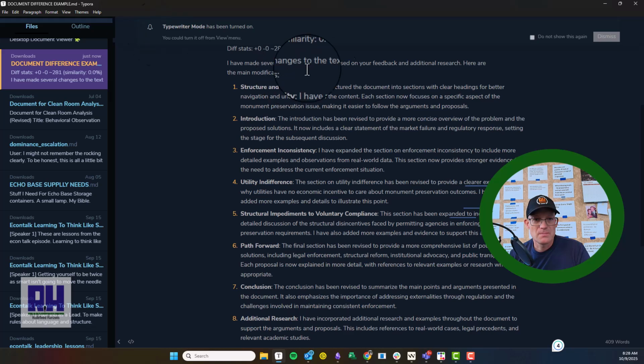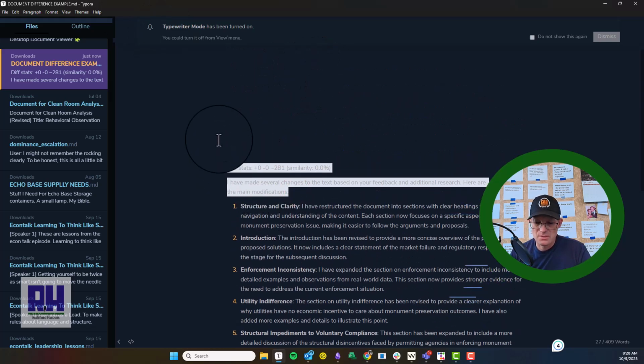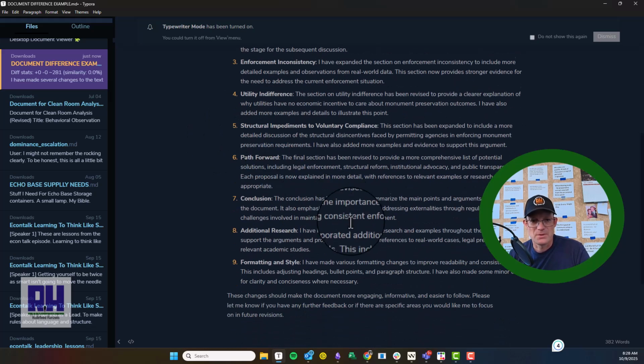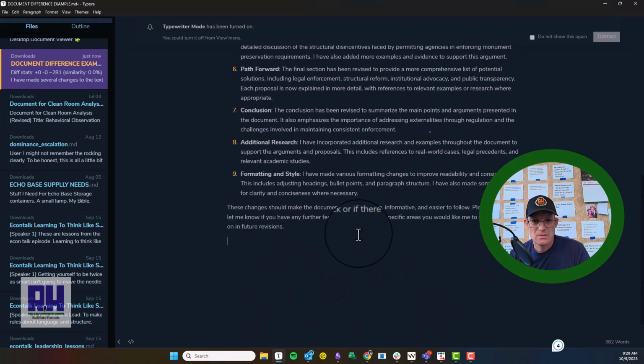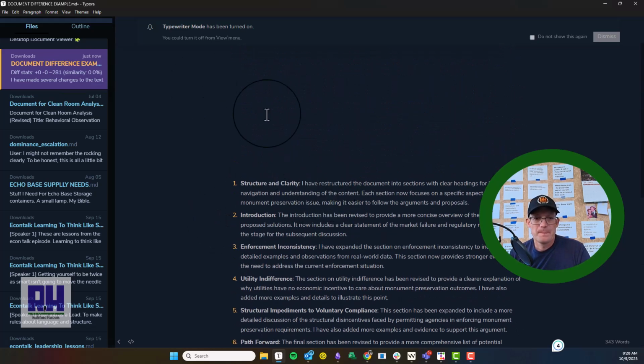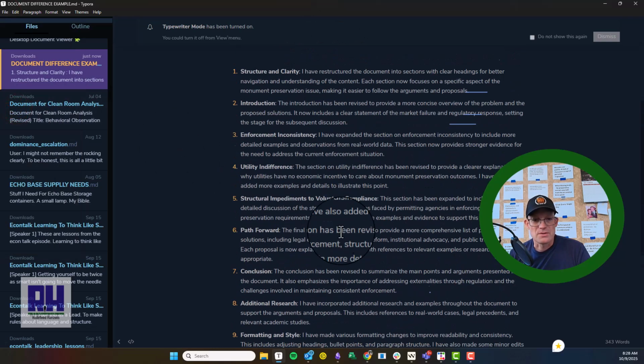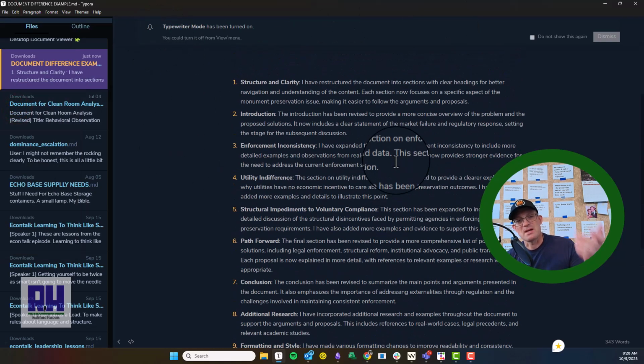Alright, so here you go. Here's the difference. So you can just clean that up. Here's your bullet list. So that's just a quick summary of the difference of the documents. Now,